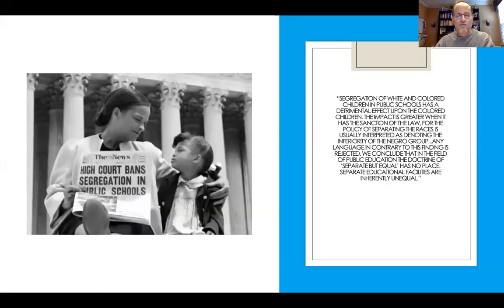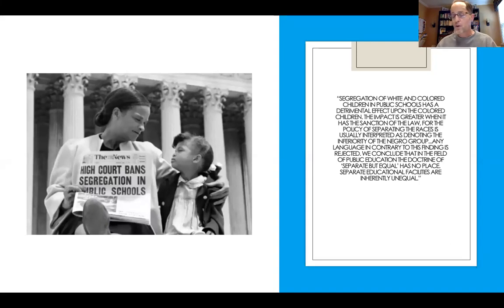In this case, then, Warren got a unanimous decision to overturn the policies in, I think it was 16 or so states that still allowed segregated schooling by law. Warren's opinion was written briefly. It was written in fairly simple language. His vision was that it would be printed in newspapers and would be accessible to the average reader. Warren understood that this decision was transforming American political culture.